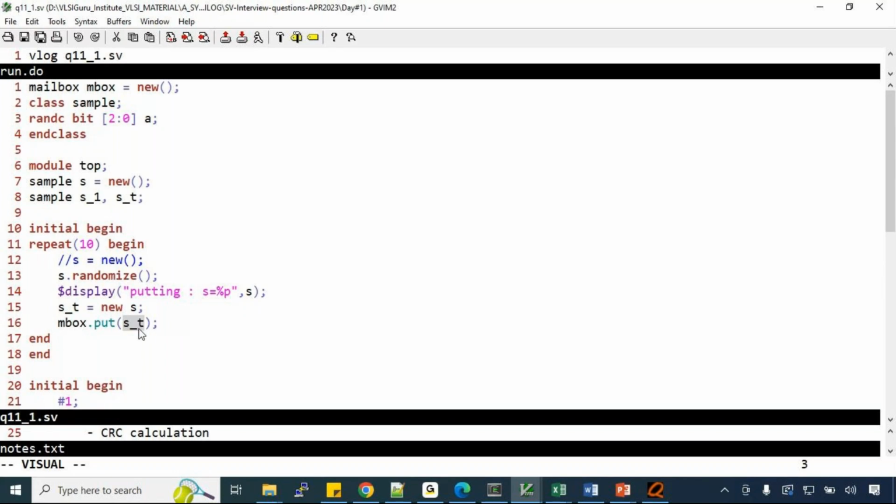Have you understood? Always make it a practice that whenever you are putting into the mailbox, don't put directly whatever you randomize. Always do a shallow copy or maybe a deep copy and then put it, so that this is not going to impact that one. Why that conflict is happening, why it is taking the last value,